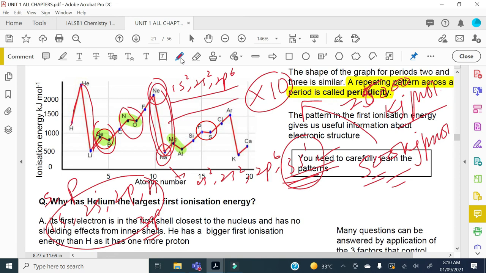There is a graph of successive ionization energies as well. Okay, and that graph is telling us, for example, it's talking about eliminating electrons from sodium, all the electrons from sodium. How many electrons can you eliminate